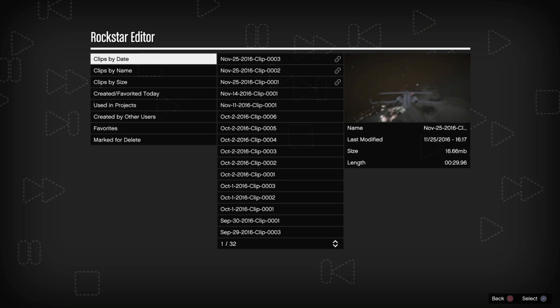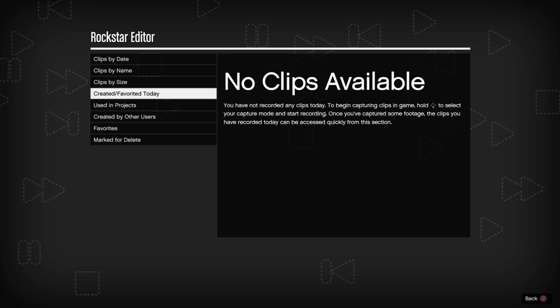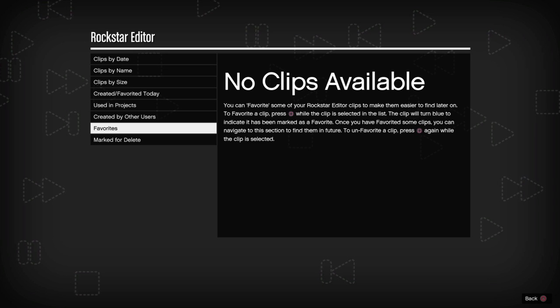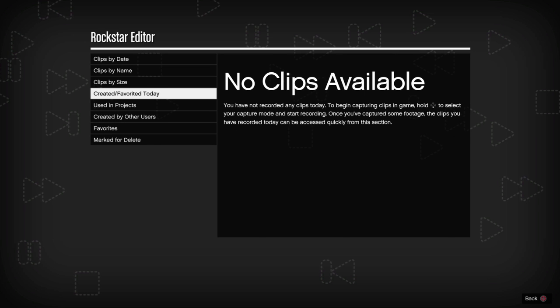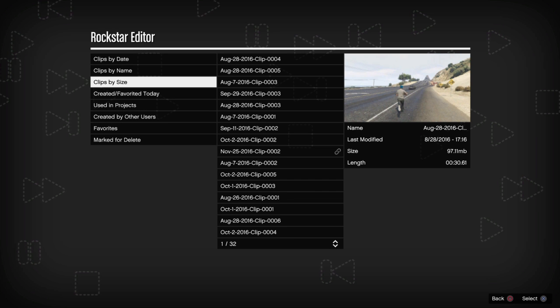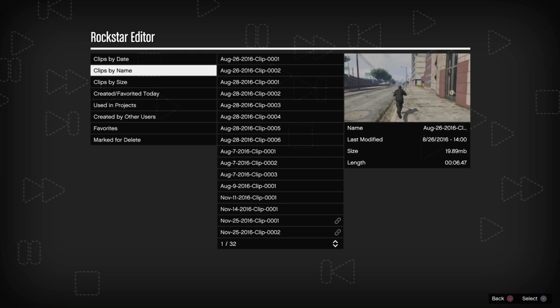So in clip management, this is where you have all your clips. As you can see, I still have some left over because recently, as I said, I've been trying to come up with all different kinds of ideas, and also some of these are just from online, because sometimes, I don't know if anyone else has this, but you know how when you're constantly pressing the X button to run and you press the down pad, when you press the down pad and then press X, that activates